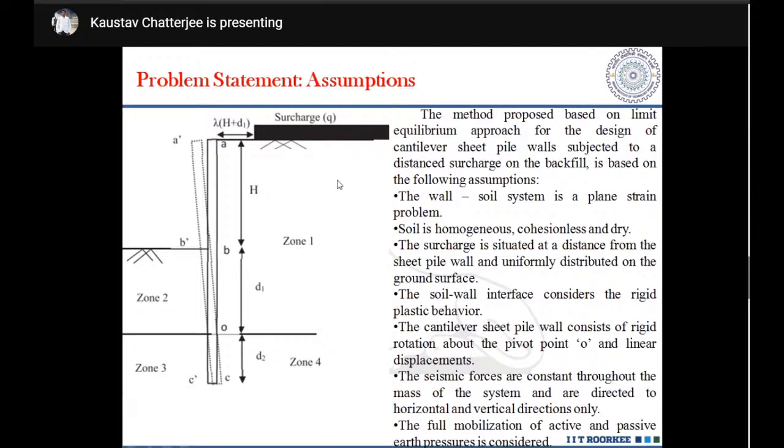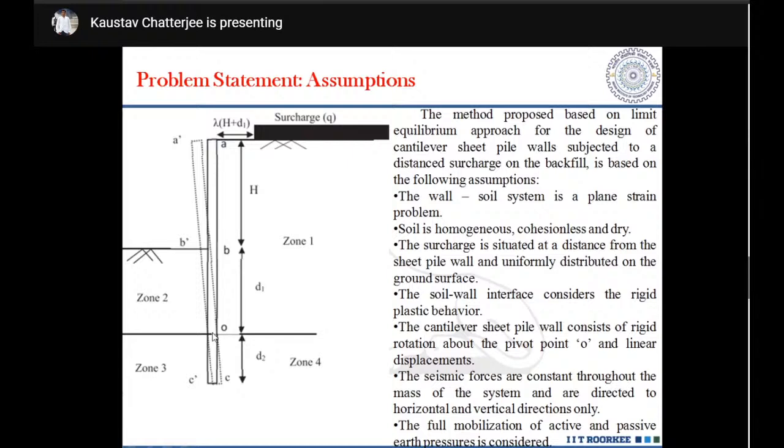Now, from the basic principles of soil mechanics, what we know, if this is the backfill soil over here, and this line represents my dredge level, okay, then what do we see? And if H represents the excavated height of the wall, and capital D, or rather in this case D1 plus D2, represents my embedded depth, then what is happening? This backfill soil is giving pressure on the wall. Now this sheet pile wall will be rotating about a point O.